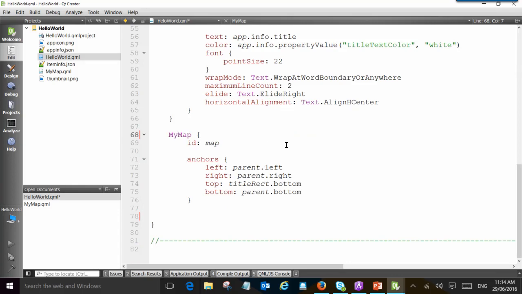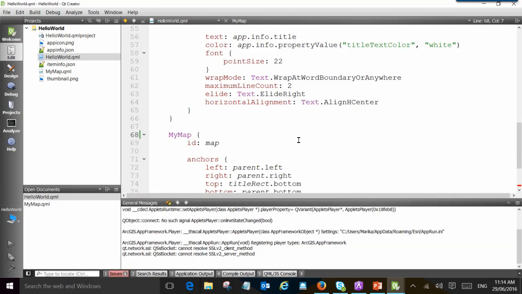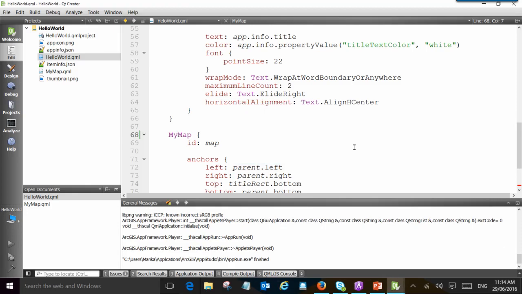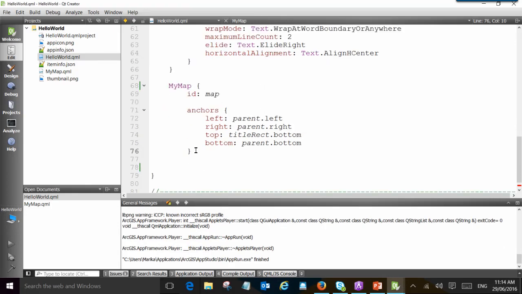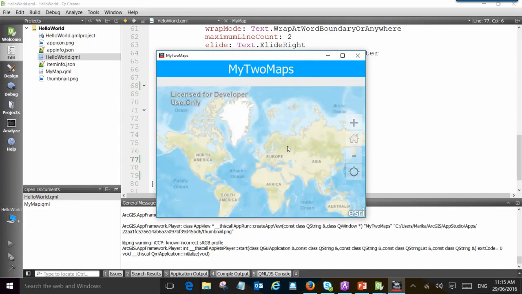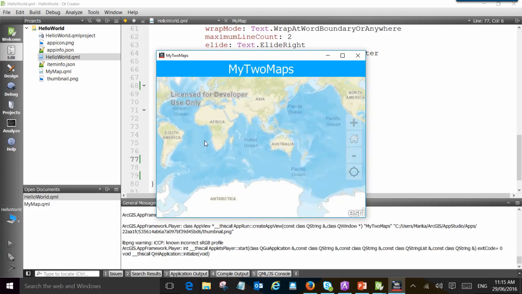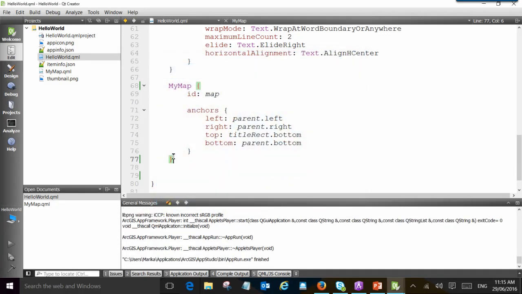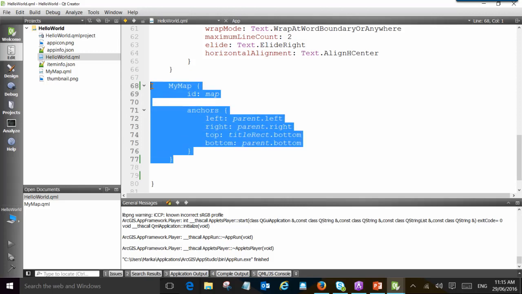What's this going to do? Well, actually, if I run the app, you'll see that the app, I failed. I think I need one more of them. There we go. My map should look exactly the same as it did before. That's okay. But what benefit does it give me? Well, now I can actually reuse that component a second time